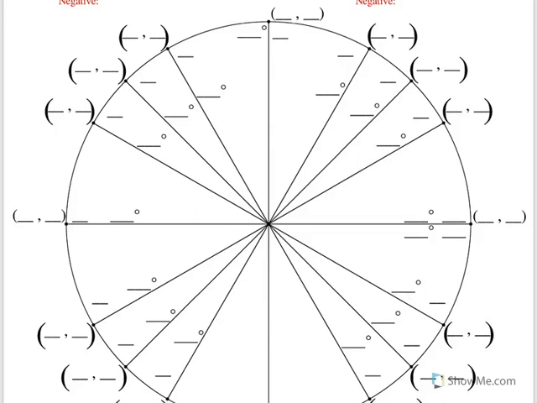Okay, we're going to try and see about filling in the unit circle here. And I'm going to start with where 0 degrees is on the unit circle. And then I'm going to show again when we go one whole cycle around, that's 360 degrees. Okay. And then halfway around is 180 degrees. And then if you remember correctly, halfway between 0 and 180 was 90 degrees, which is up here at the